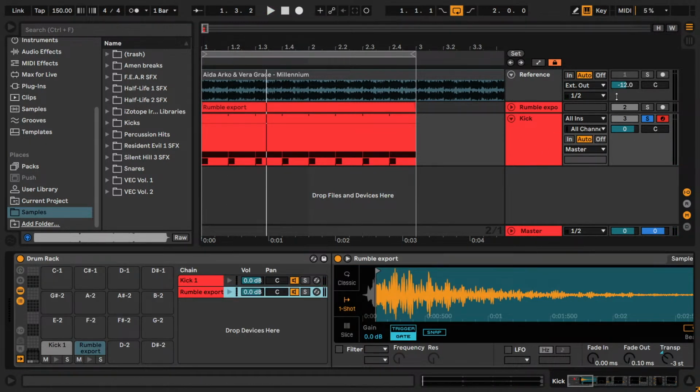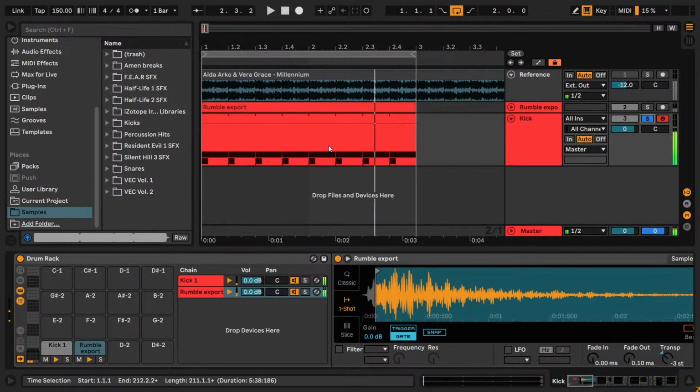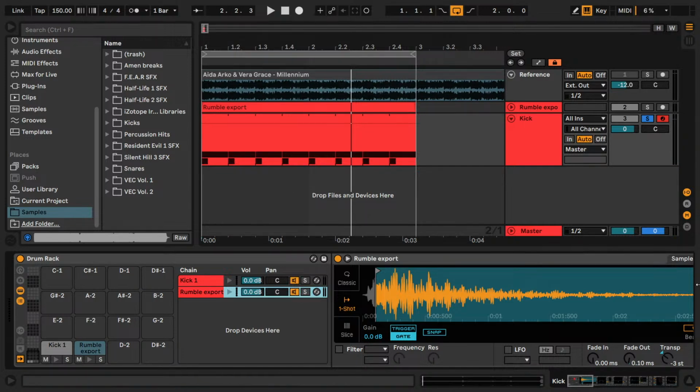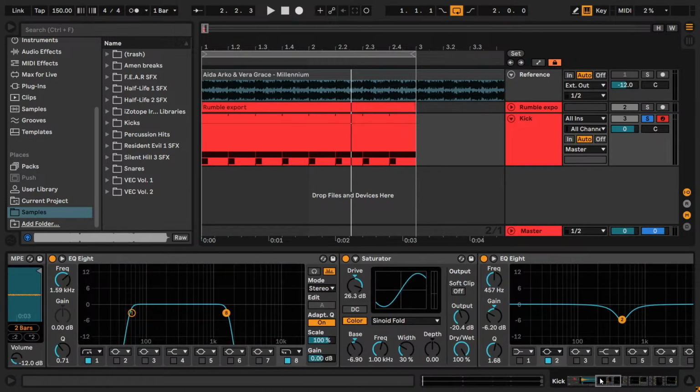Now when I compare my kick to the reference track here, that again you will not hear because I routed it especially through the external output, so I'm bypassing the master channel. The rumble sound and my kick sound still has quite a lot of high end that I want to cut. When it comes to cutting the high end,